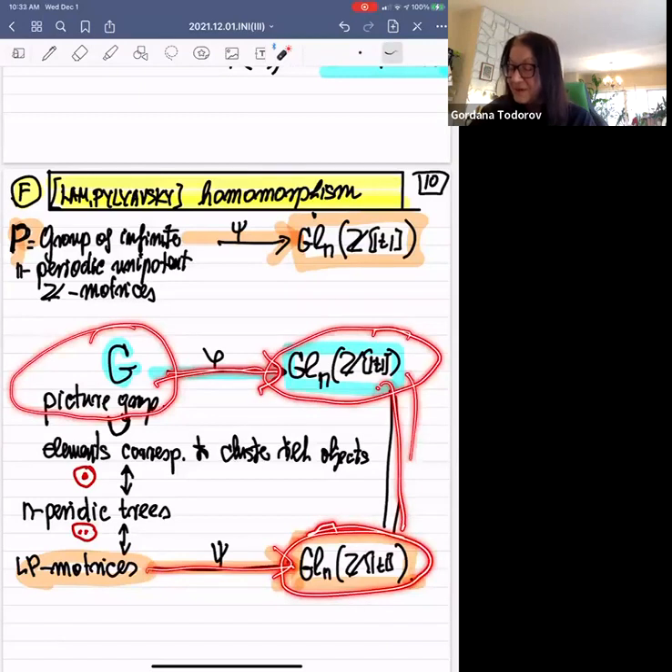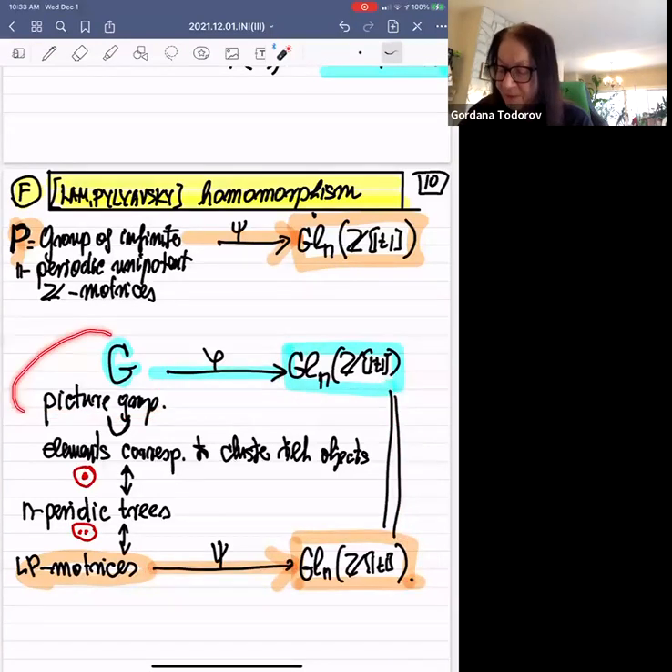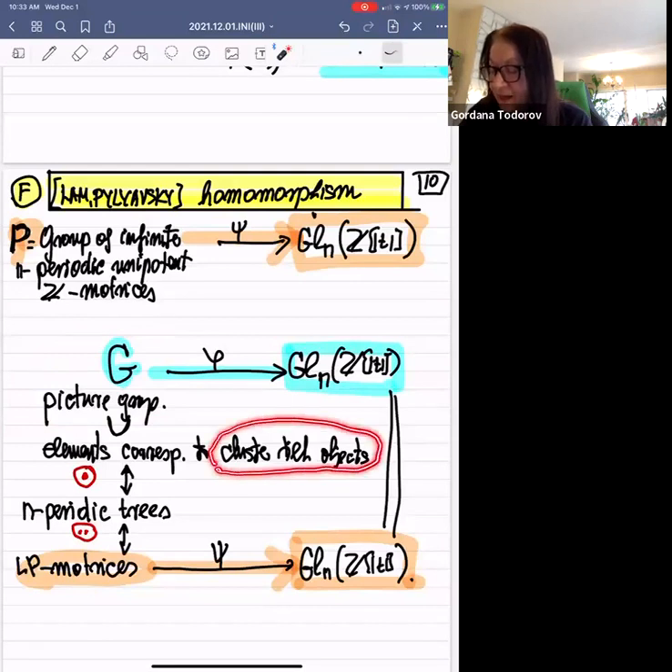Okay, where these two are the same. So the question is, what is the relation between these two? First of all, when we look at the picture group, I want to go back to the comment that I made: each cluster tilting object, which in our pictures was a triangle, or we can say the highest dimensional simplex, corresponds to an element of a